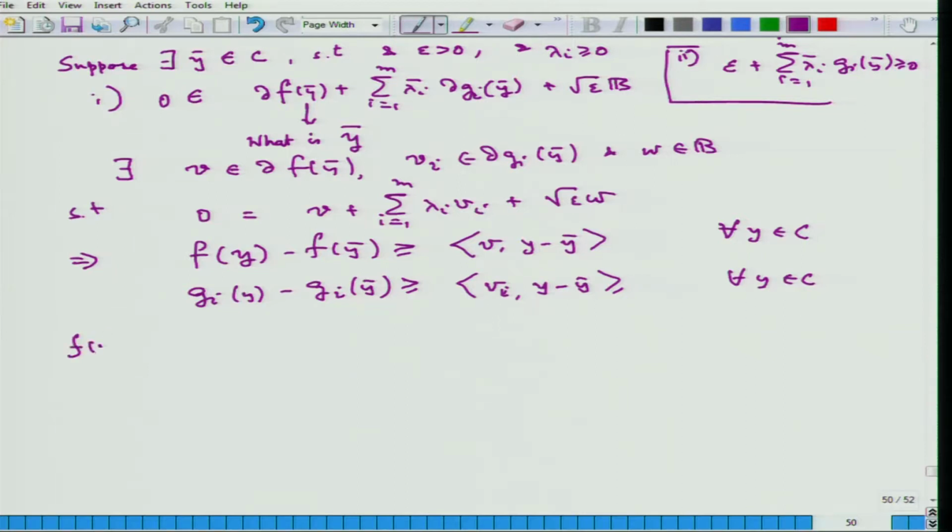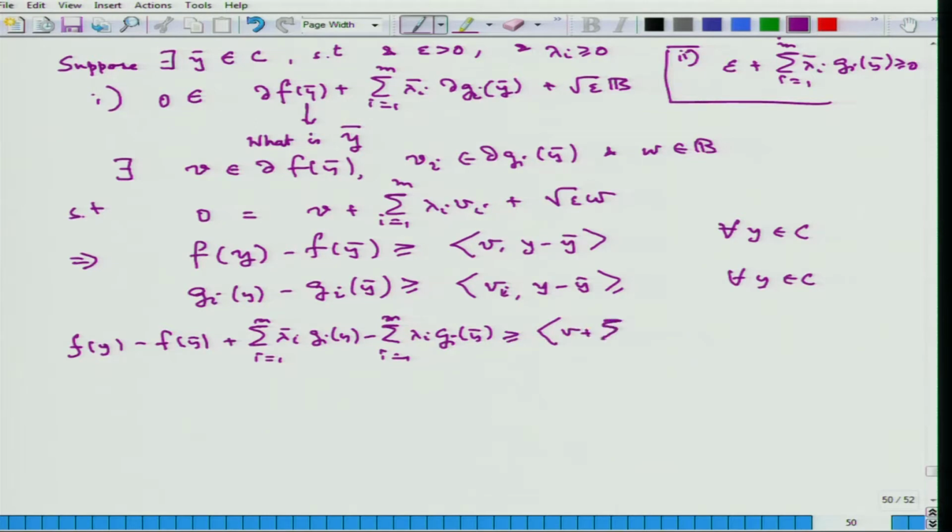So, I have f y minus f y bar plus summation lambda I bar Gi y, I equal to 1 to m, minus summation lambda I Gi y bar, I is equal to 1 to m, is greater than V plus summation lambda I Vi, I equal to 1 to m